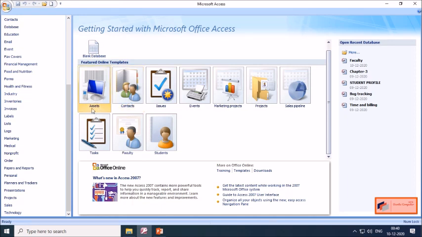For example, assets, contact, issues, events, marketing project, projects, sales pipeline, task, faculty and students. So these are the different online templates available, and they are also ready-made databases which we can make use of as per our task. So these are the parts of the MS Access window.